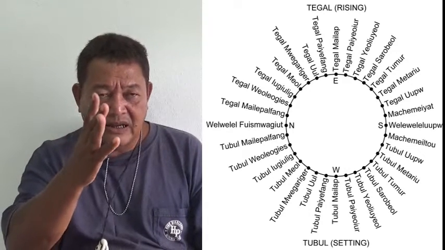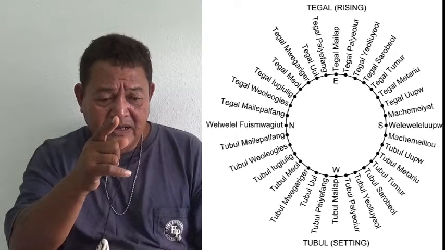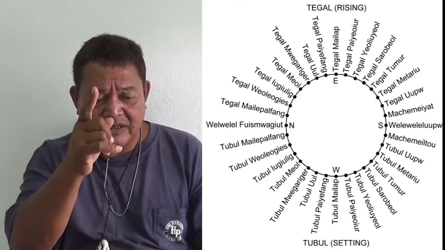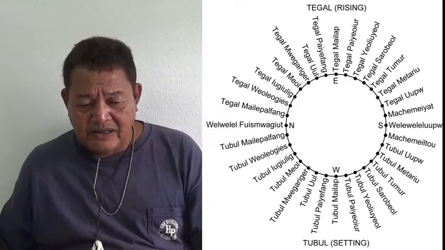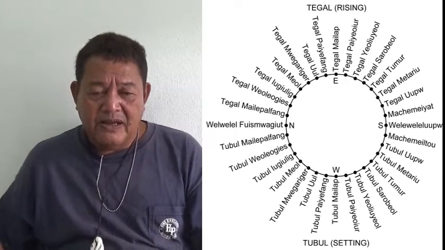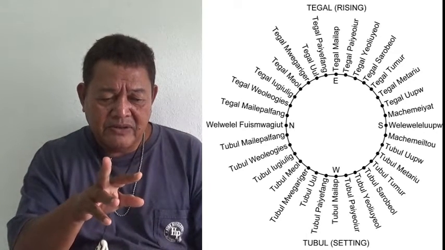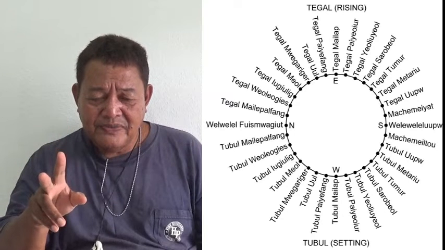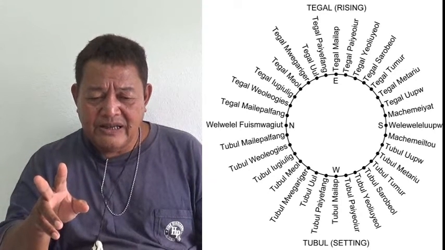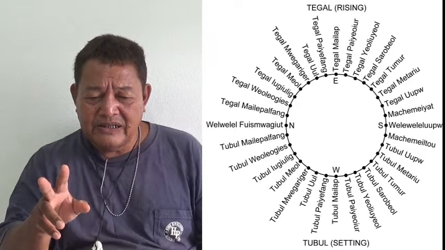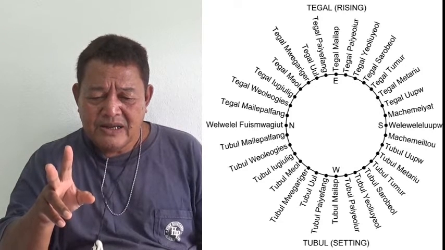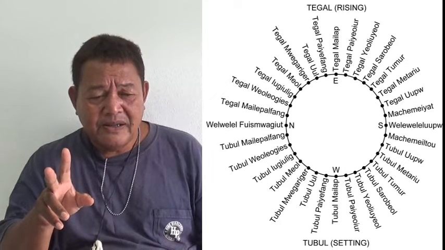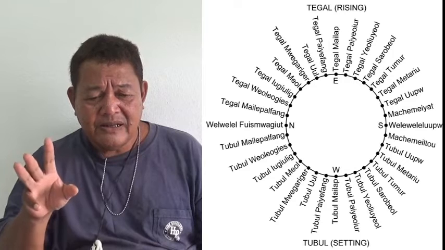And the stars, the Terag Mailap is called the Altair, and that's the rising of the Altair, and the setting of Altair is the Tubur Mailap. And so Payo Peda Aquila. Then Elion, the star Elion, in English I think they call it the Orion's belt, the Elion. Then the Sarapul,